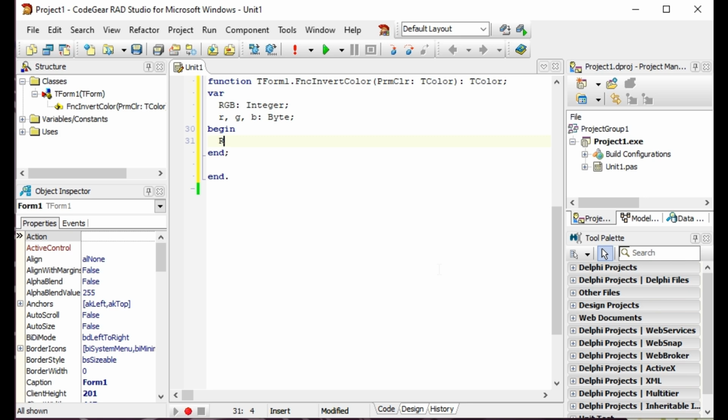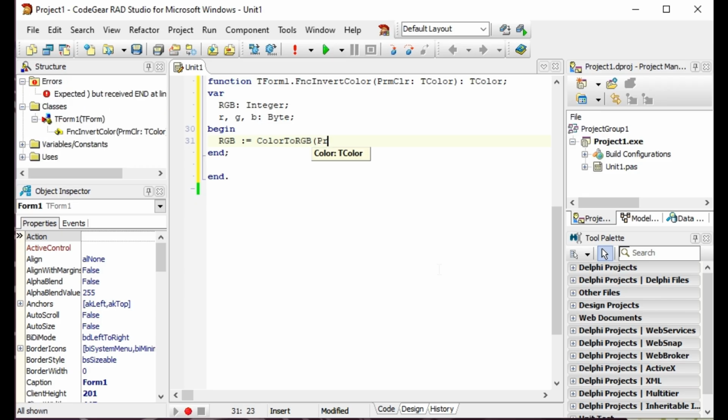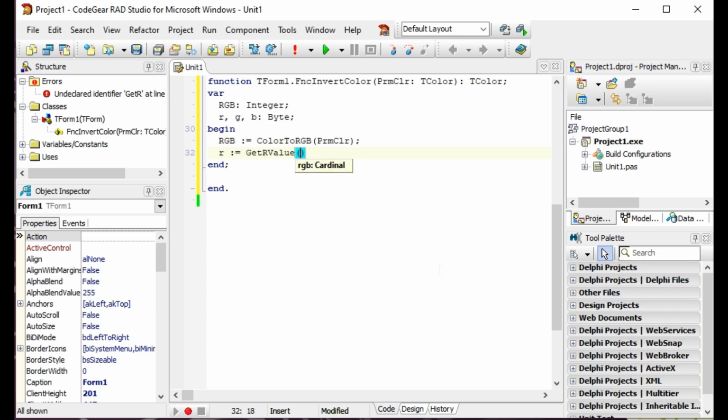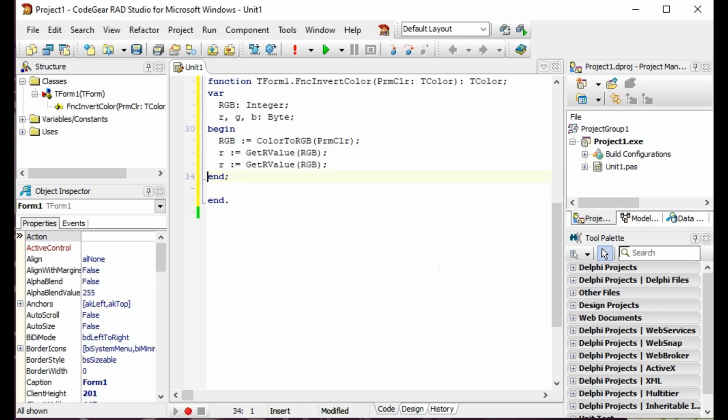First we need to get the color value, and then get every color component, for the red, green, and blue.